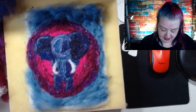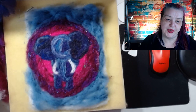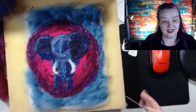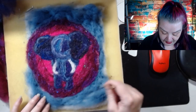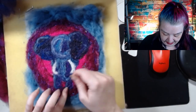Decisions. I just think his trunk's not popping. I don't know. Stop fiddling with it, Pam. So let's just felt in the back. Which I think, good call on the blue background. I think that's helped. So yeah, happy with where that's going. But if anyone can see any other ideas,